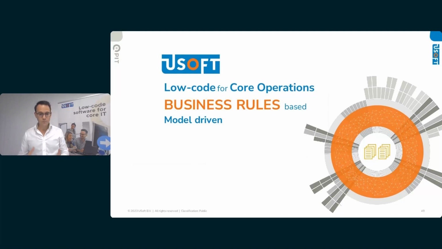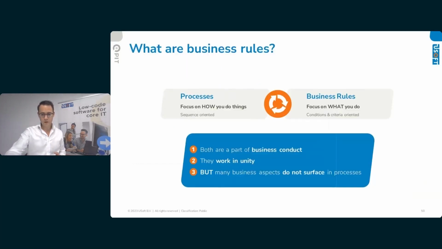So we are very much business rules focused, which is a bit different than other technology, but that means that we always look at what the business process is and what business rules your business applies, and that is transferred to software. So without making this a lecture on business processes and rules, it's always a little bit important to touch upon the difference, because in many cases, we are brought up in a world where we consider processes to be a sort of BPMN diagram, the typical Visio charts that we know.